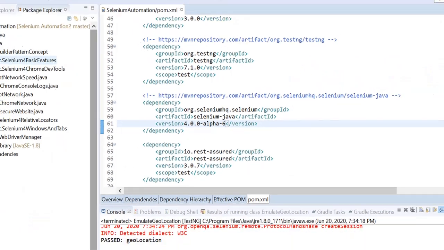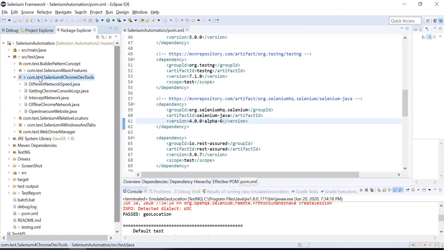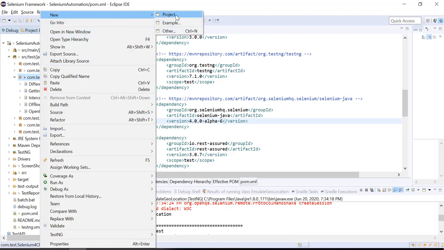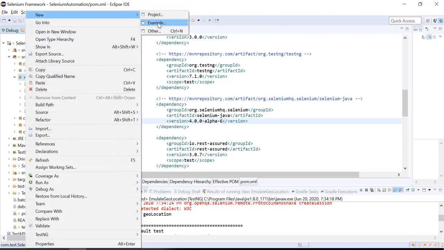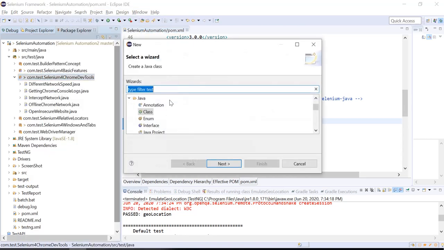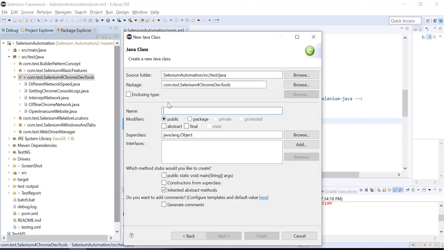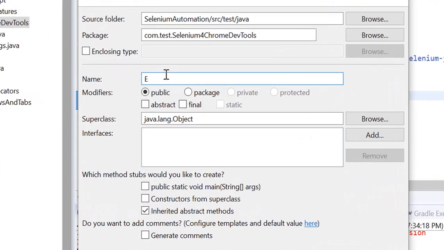Let me create one class in this package. The class name I'll give is EmulateGeolocation.